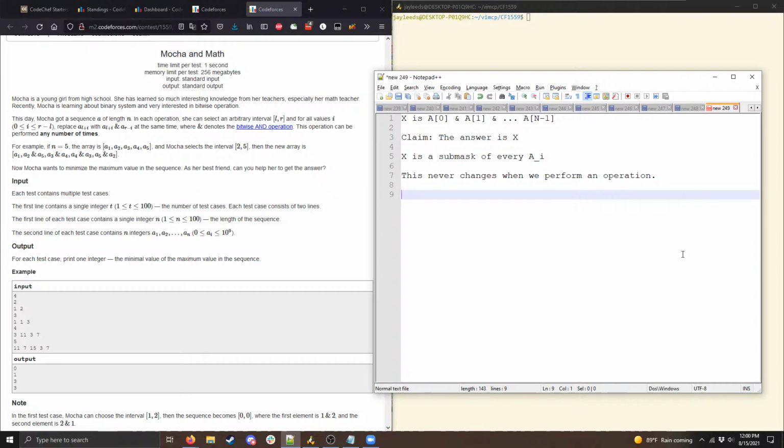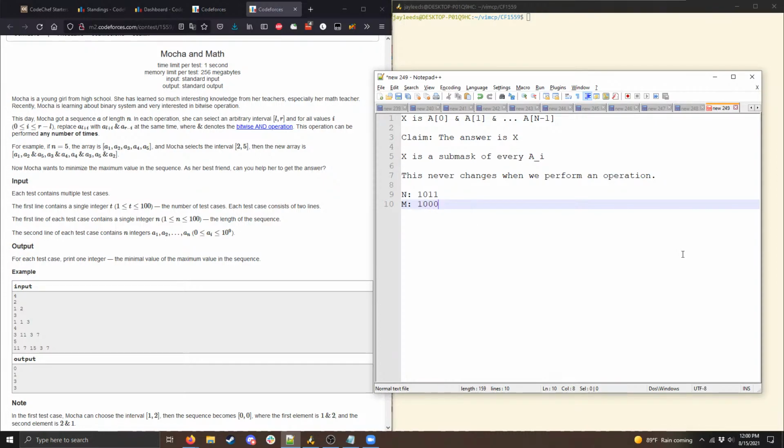So if we're looking at a number in binary, let's call this number n, and let's say it's 1011. A submask of n is any number where, whenever our new number has a 1, n is also going to have a 1. And so for example,